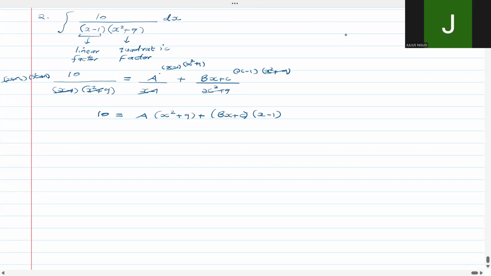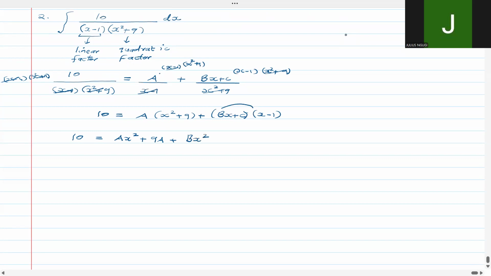But I'd like now to use the second method, which is expanding, to show you the two methods. So here you have Ax squared plus 9A. I'm expanding, plus, now the expansion here, if I was to FOIL, I'll have Bx times x, that's Bx squared,